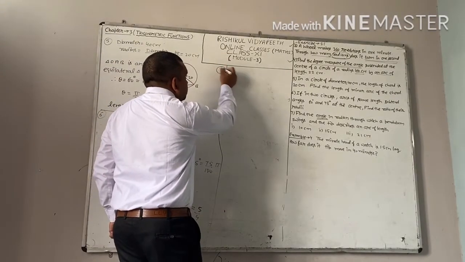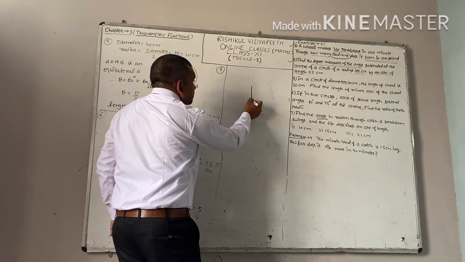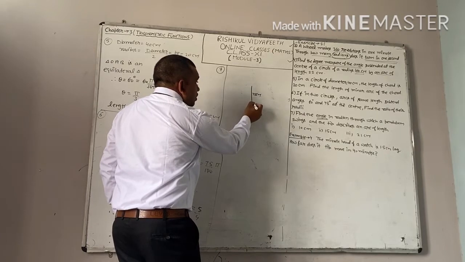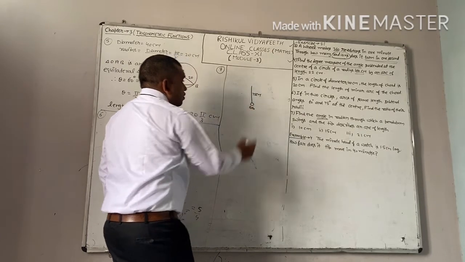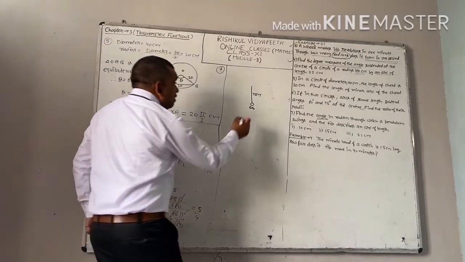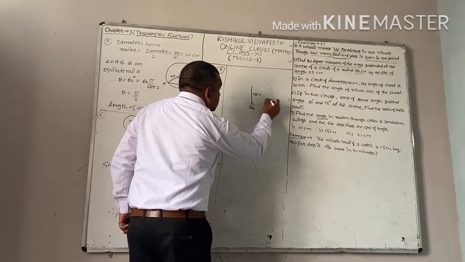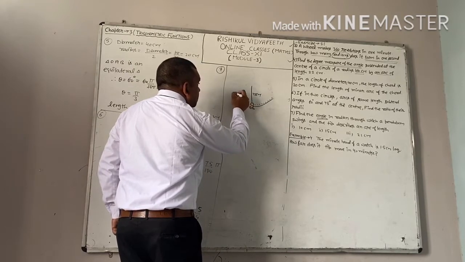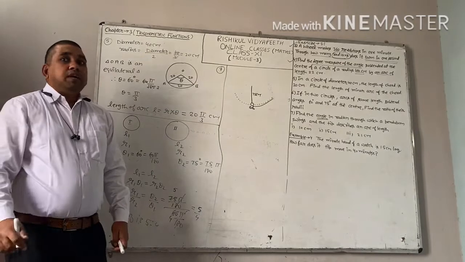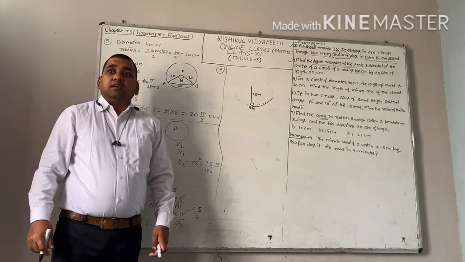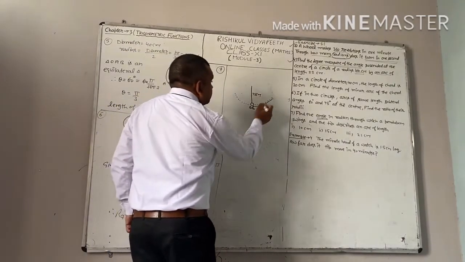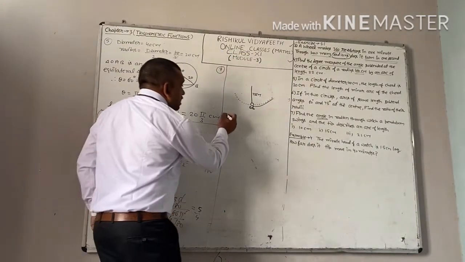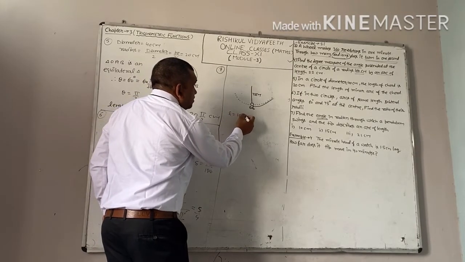Let this be the pendulum. Its length is given to you, 75 centimeter. This is called your bob. You know about pendulum very well. First of all, it will go this side, then return back to the original position, then go on this side. Right? Pendulum rotates in this way. Now, one more thing is given to you. Pendulum describes an arc of length. Length of arc L is given to you, 10 centimeter.